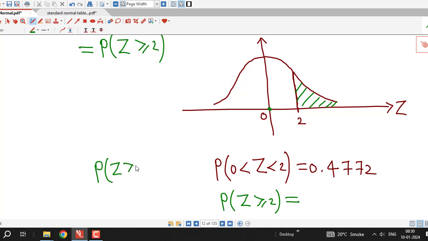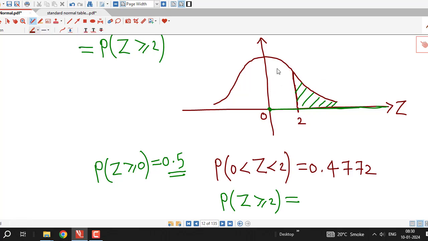So area to the right of 0 and left of 0 both are 0.5. So area starting from 0 and extending up to infinity is 0.5. This total area to the right side of 0 is 0.5, and we are interested, and we know that this